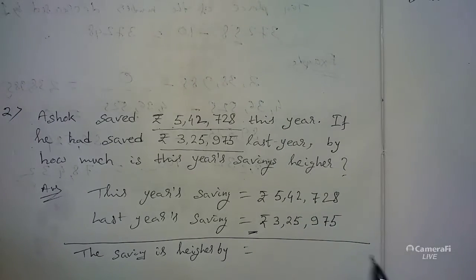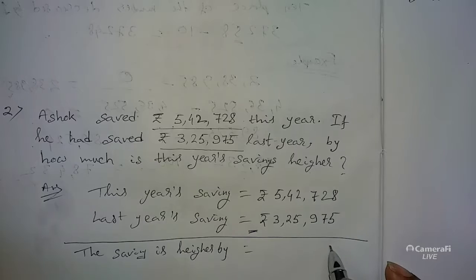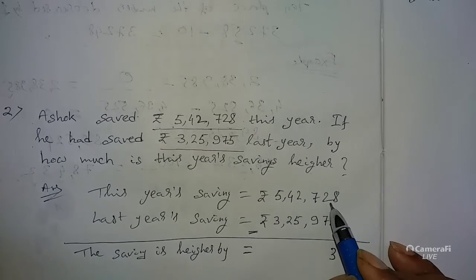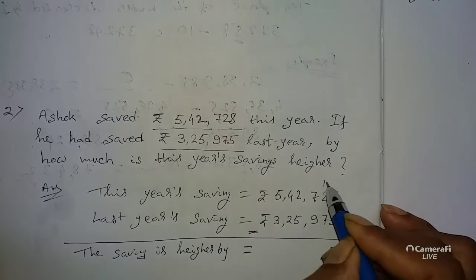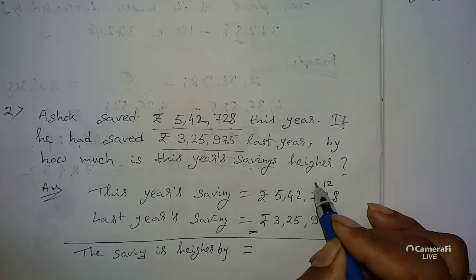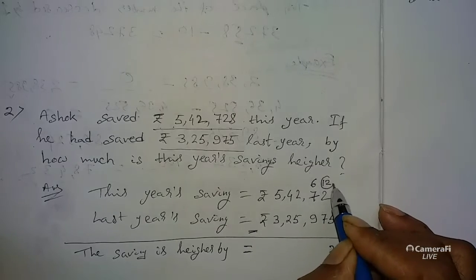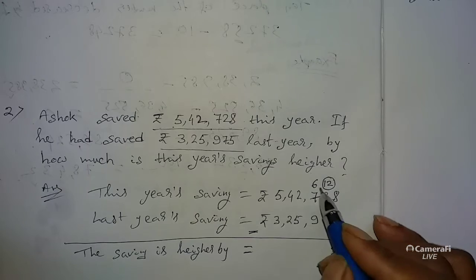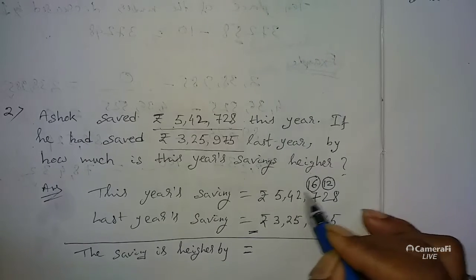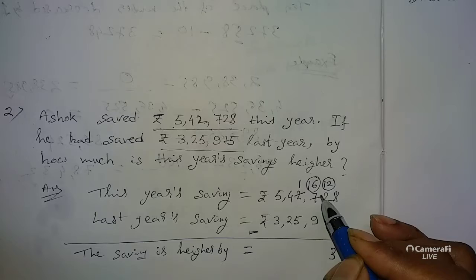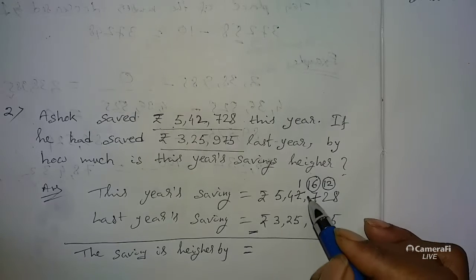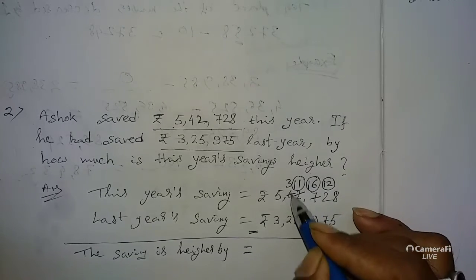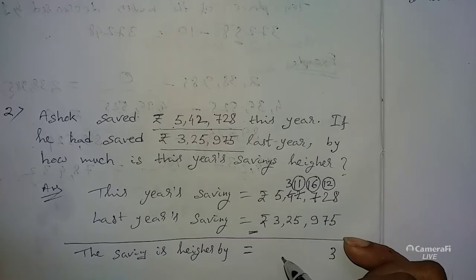Do the subtraction. 8 minus 5, 3. 2 minus 7, 2 means 12. Let us consider it 12. So 1 is borrowed from here, this becomes 6. But 6 minus 9 is not possible. So let us consider 6 as 16, borrowing 1 from here, it becomes 1. Again 1 minus 5 is not possible, let us consider it 11, borrowing 1 from here, it becomes 3. 3 minus 2 is okay, 5 minus 3 we can do.